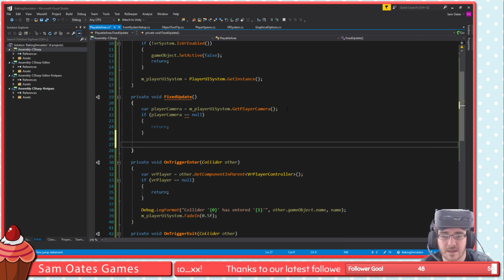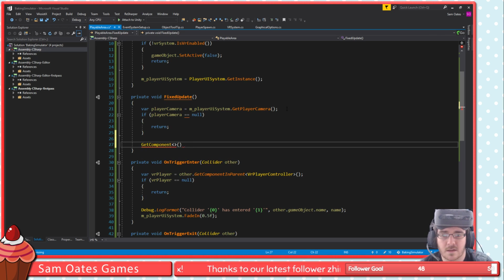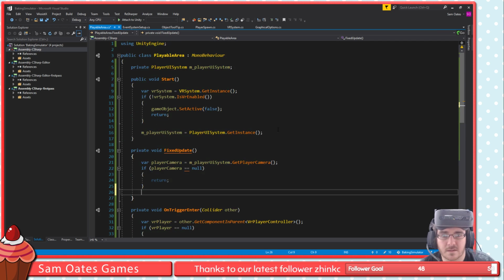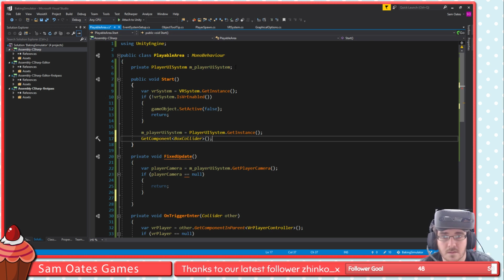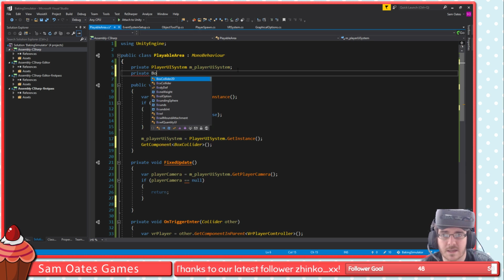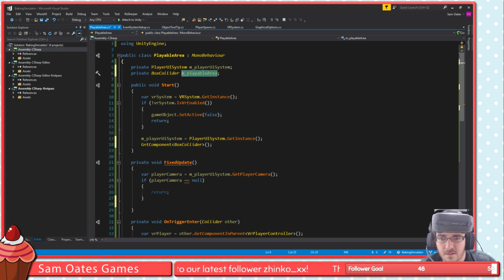And then we can say get component, and we'll cache this, but then we can get box collider. Let's move that up here. Make a box collider up here, playable area. We'll grab the playable area, and we say